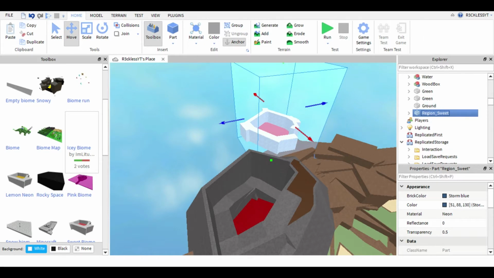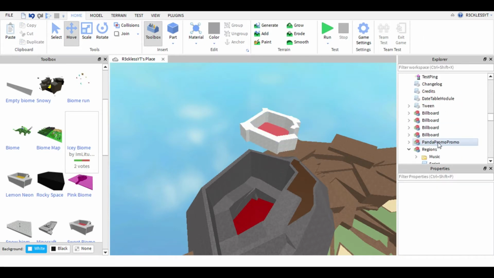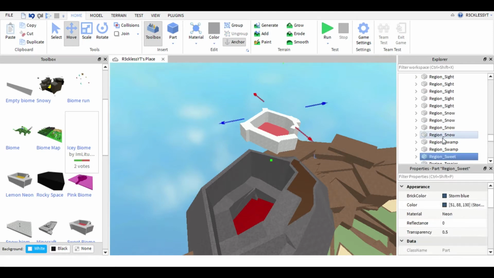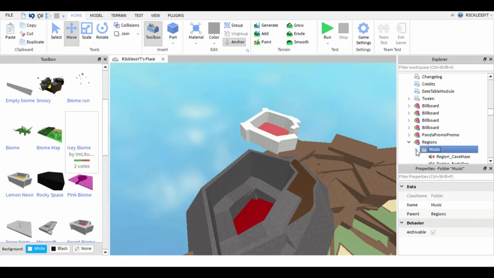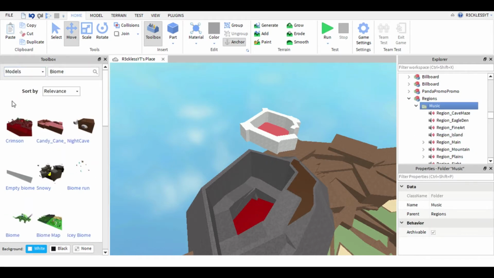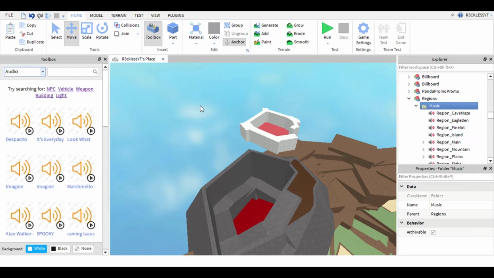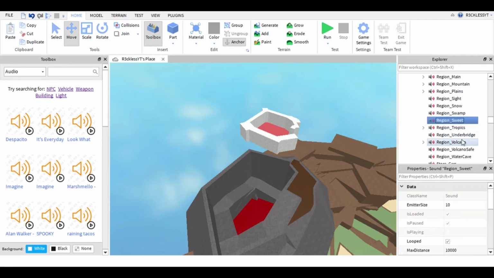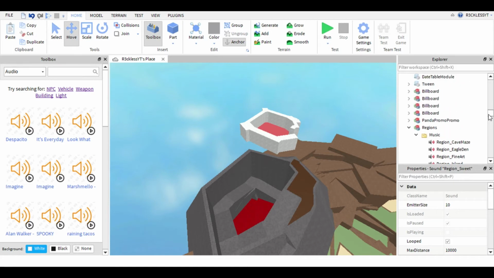So now that you have that, you can go ahead and cut that, and you basically paste it back into the regions model. Now once you are done with that, you want to go to region_music, and you can actually search up some audio. I already have some in here because that's basically a spot that doesn't really need help, but you can search up some audio, basically like an instrumental. You don't really want anything with lyrics in it. Basically you want to keep it the same theme as lumber, something basically chill, and that would suit the biome too. Now once you've done that, you want to put it into the regions, and then in the music folder,